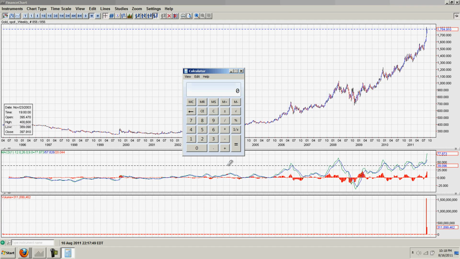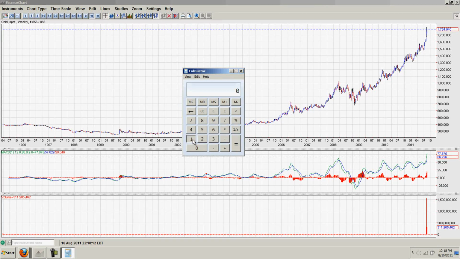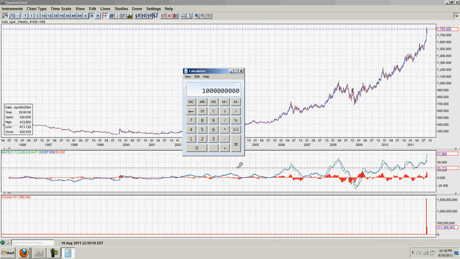Before we go further, I wanted to use another figure. Let's just say we have 1 billion ounces of silver. Let's say we use the silver that's mined every year as a rough figure. About 1 billion ounces of silver is mined every year. So let's say that instead of having silver used in industry or by collectors or by anyone else, the government just takes that silver for their monetary purposes.